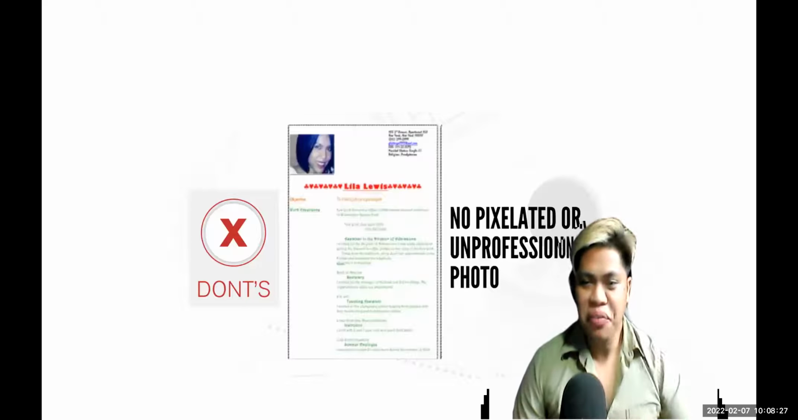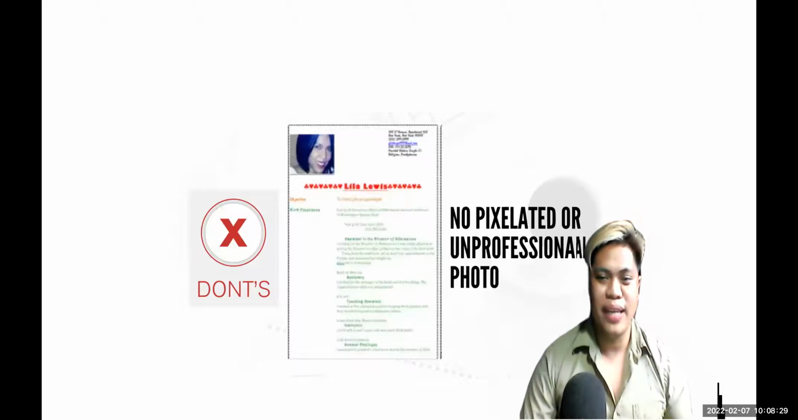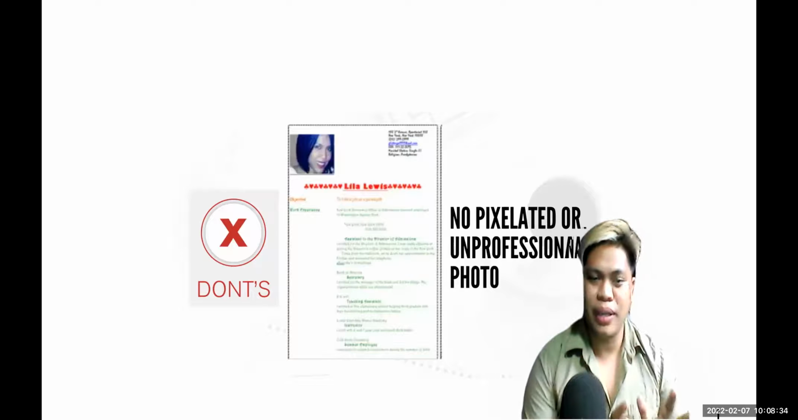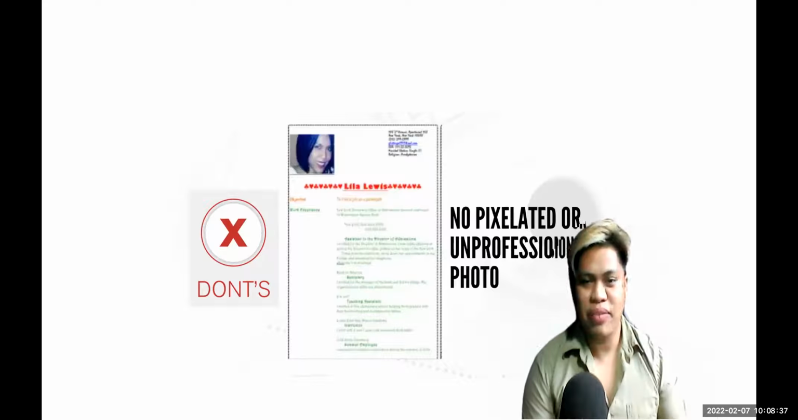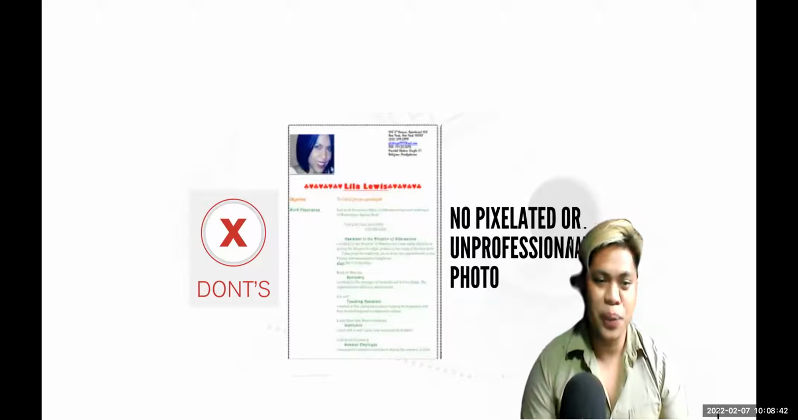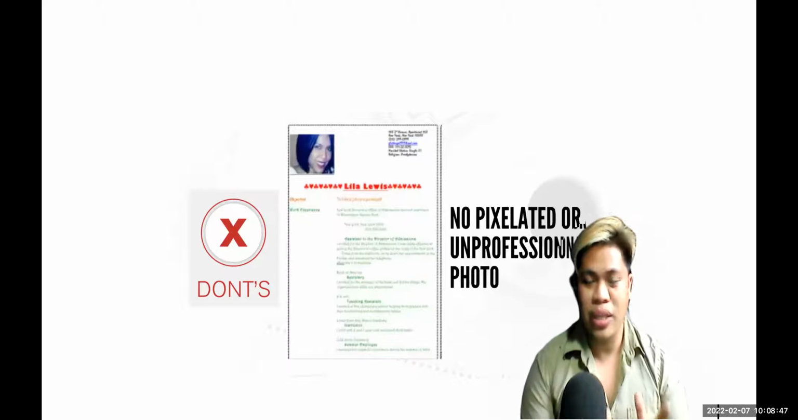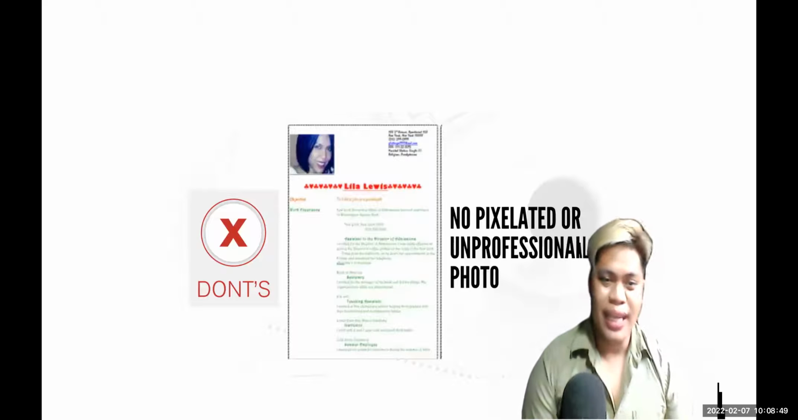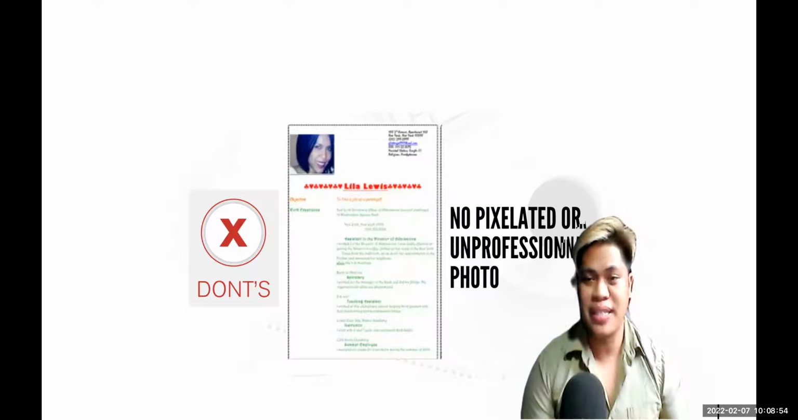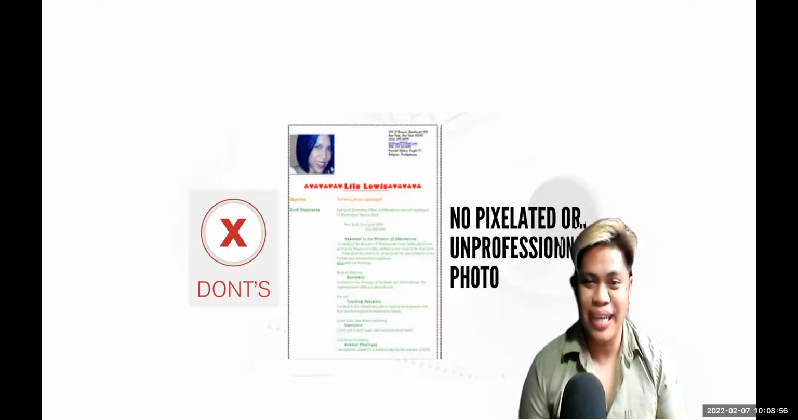Ayan. No pixelated or unprofessional photo. Okay? Now, this next thing that you should avoid is placing pixelated and unprofessional photo. Since yung resume nyo should look like a professional document, you should also match it with your attached photo. Kadalasan kasi may mga ilan that the photos that they attach on their resumes are selfies. Katulad ng example dito, selfies and crop photos. And when you do that, it will look like